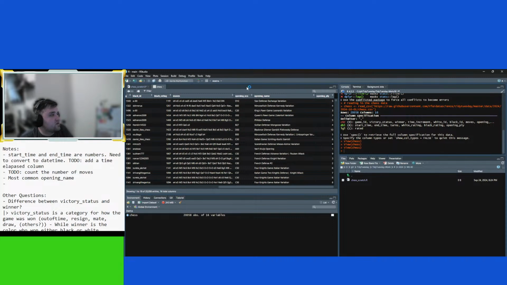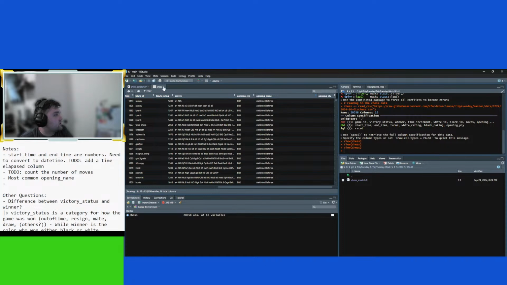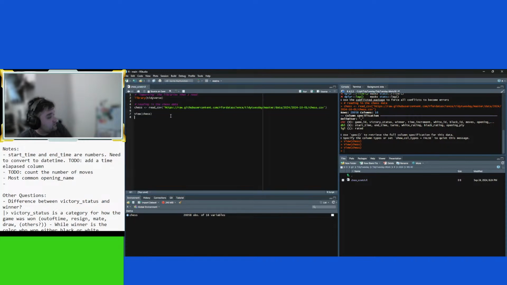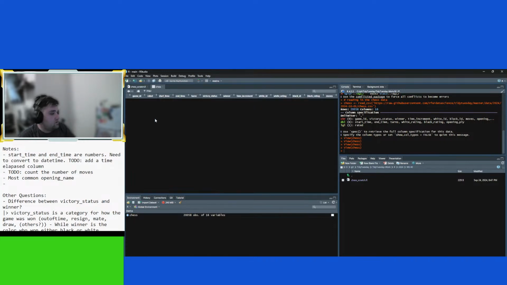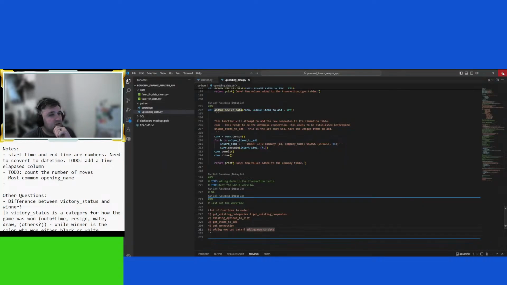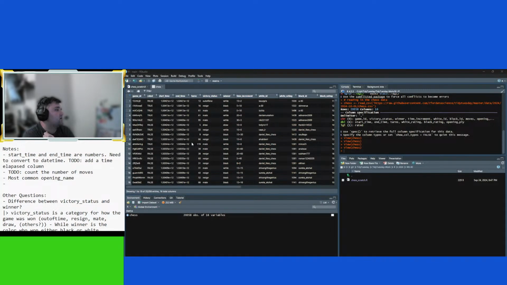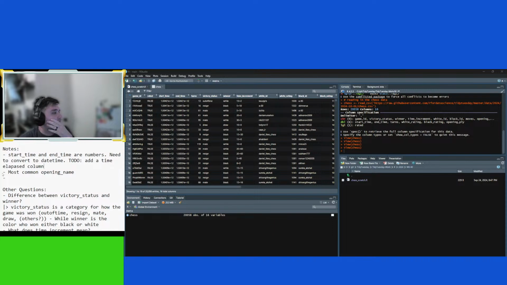Okay, so opening ECO, this is just an ID for whatever the opening name is going to be. Did not mean to do that for the 15th time. Did not mean to pop that open. That's okay. Oh, it has a turns number. Okay, never mind. I don't need to do that. Okay, I don't need to do that one.